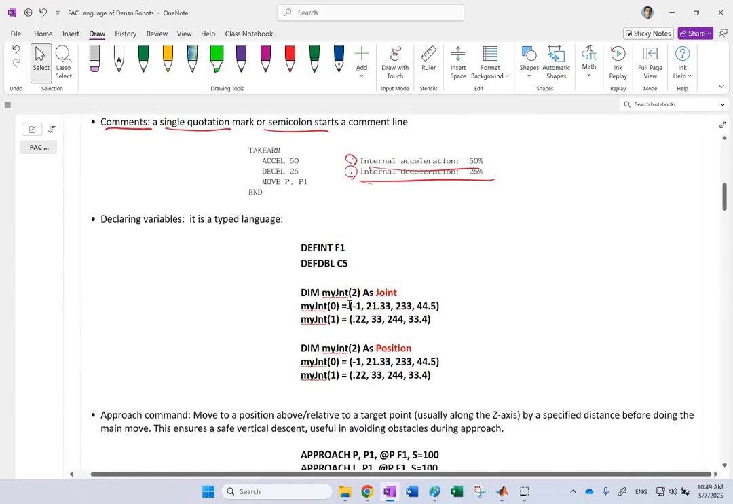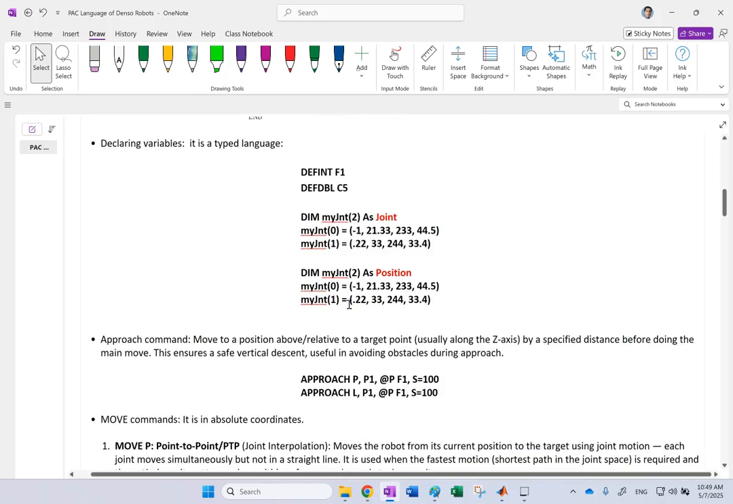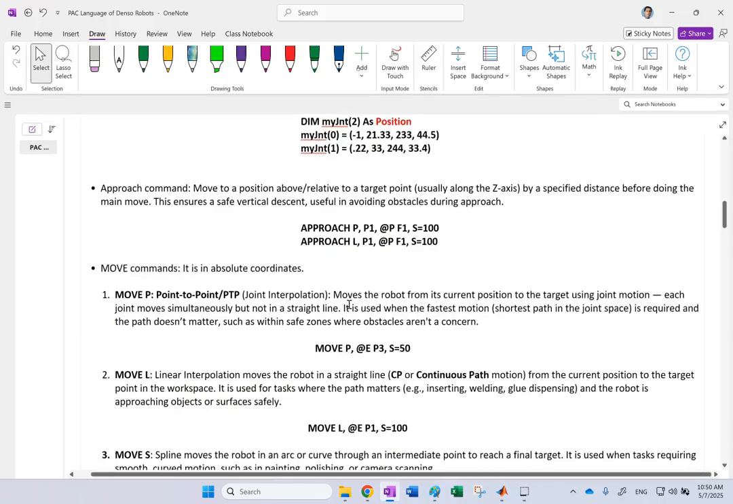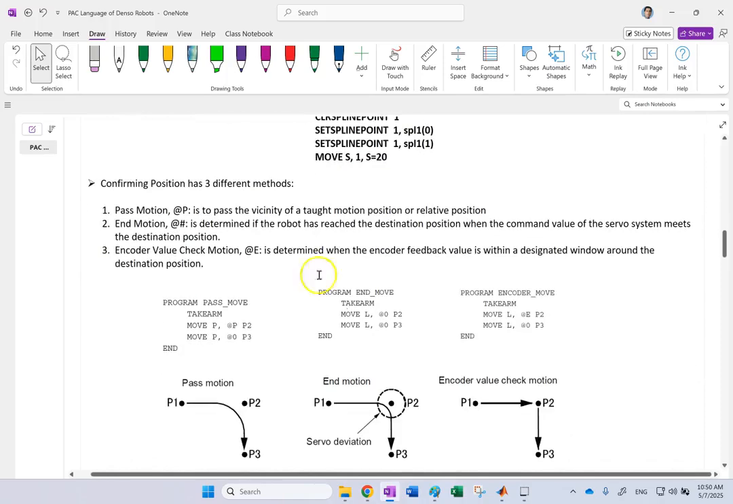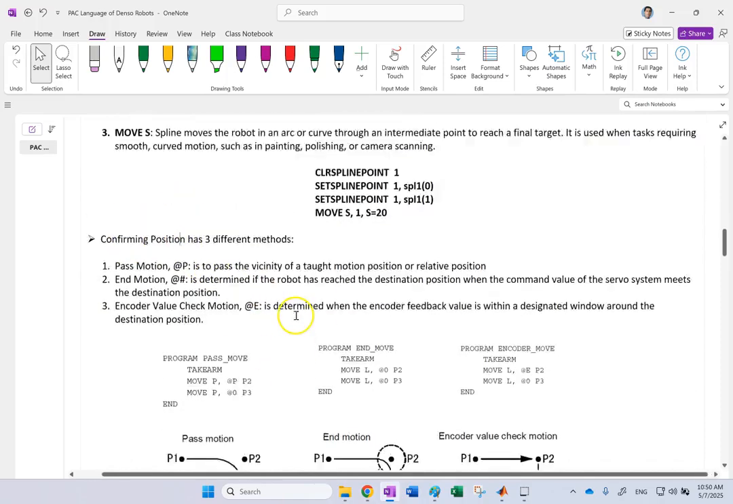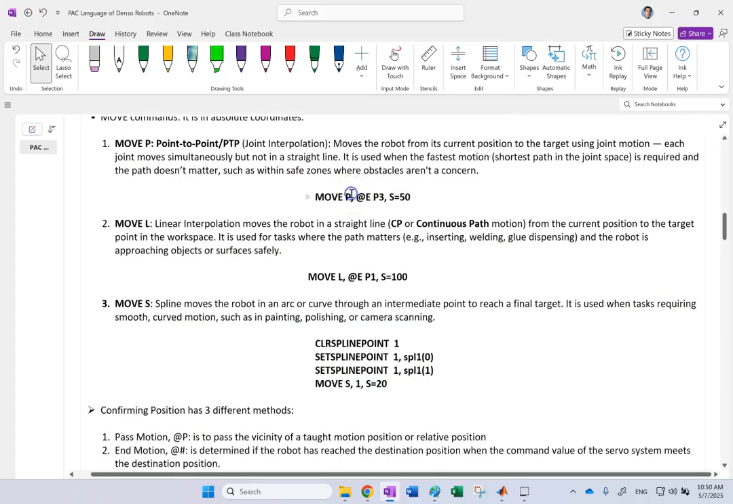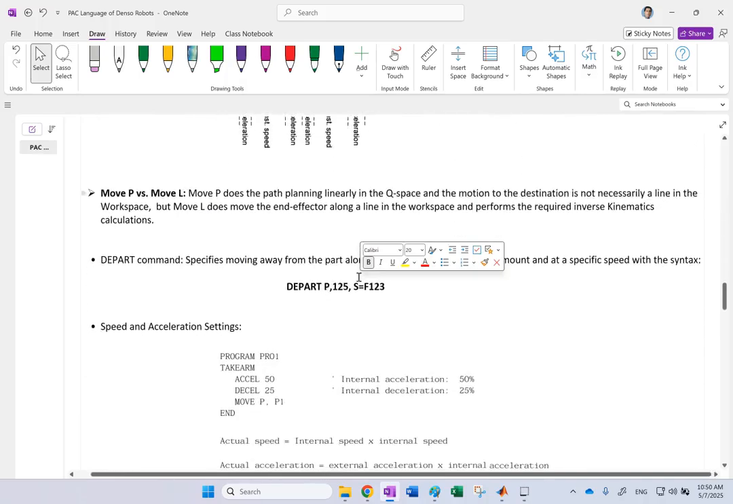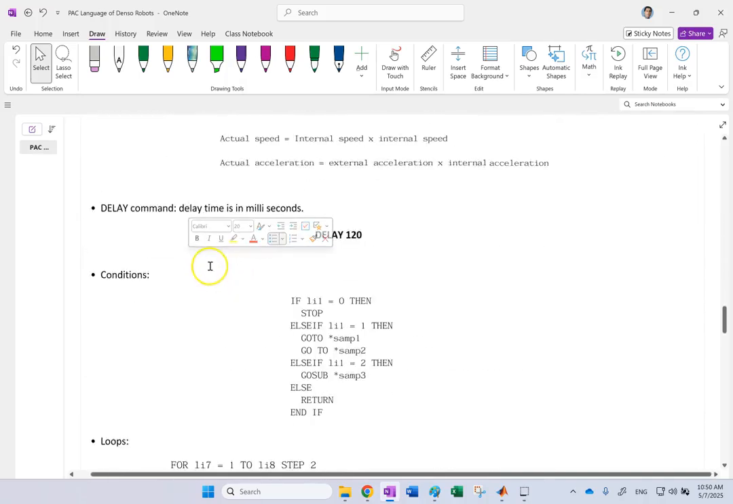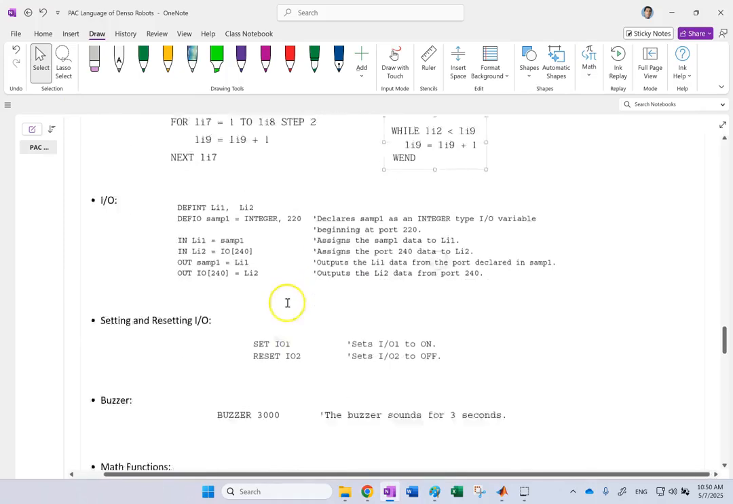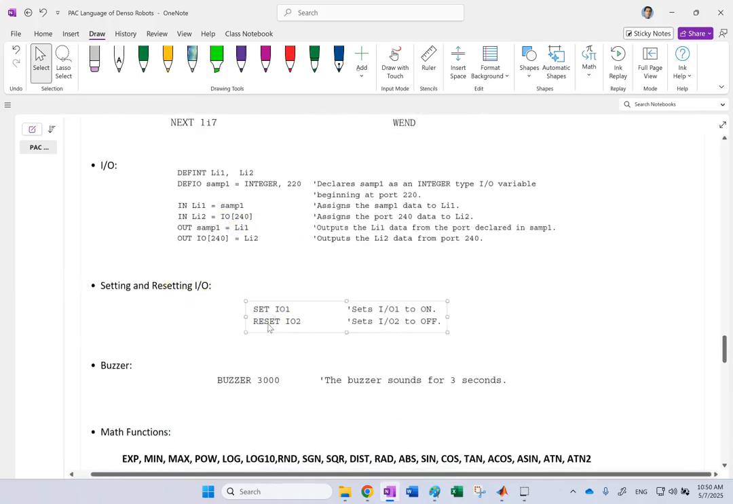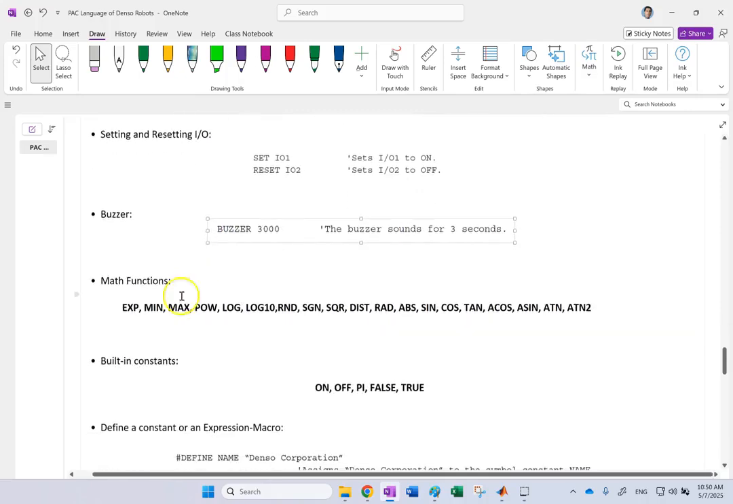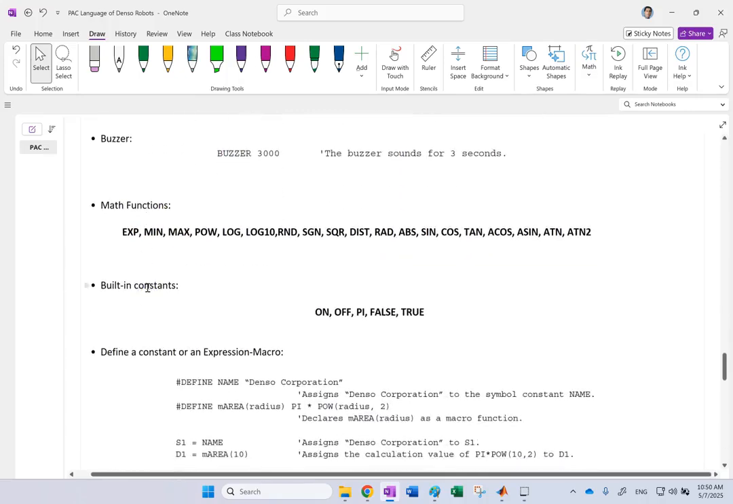Now, there are a bunch of things that we need to know, like more about the approach command, about the move command, about the depart command, how to declare variables, right? And confirmation of whether you reach the point or not. You can move on splines, you can move in the joint space, you can move in the Cartesian space, right? There are all sorts of things that we need to talk about, how to set up the speed and acceleration, delay, how to do if then else, switch, how to do for loop, while loop, how to set up input outputs and send something to them, sound the buzzer,